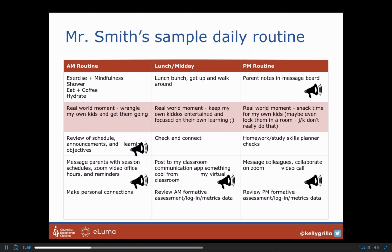So we recommend video office hours or making sure that you have video meetings with your colleagues and that you're collaborating regularly through phone, video, and other modes of making personal connections. Now at midday, I've got to check in. I'm doing my lunch bunch. I'm getting up, I'm walking around, I'm getting outside for a few minutes, I'm hydrating myself, and then another real